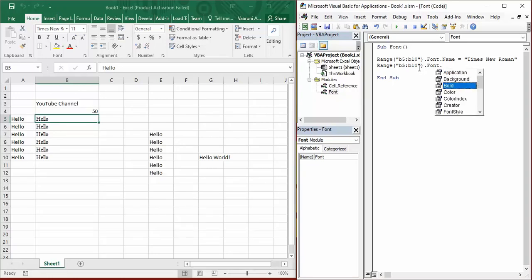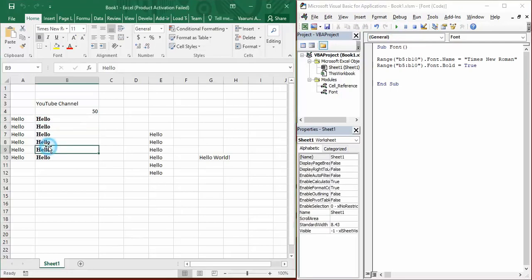Suppose we want to change its bold status. So bold status has two values. Just put a tab. It could be either true or false because we can toggle with the bold button. So if we set it to true, the text would be bolded, and if we set it to false, the text would be unbolded. So let's set it to true because right now it's unbolded, and just run it. So you can see our text has been bolded.